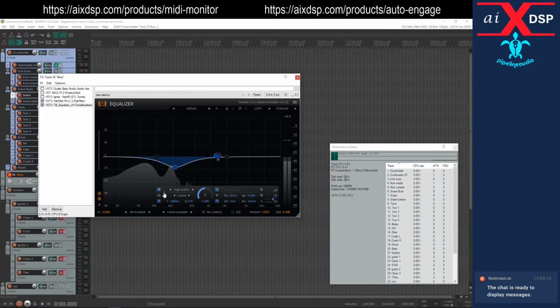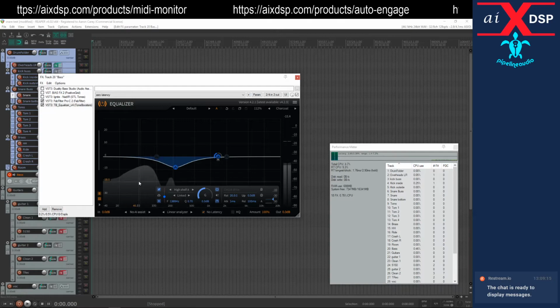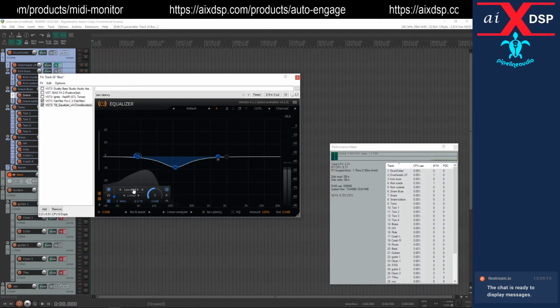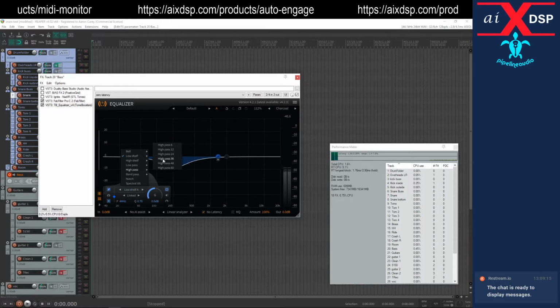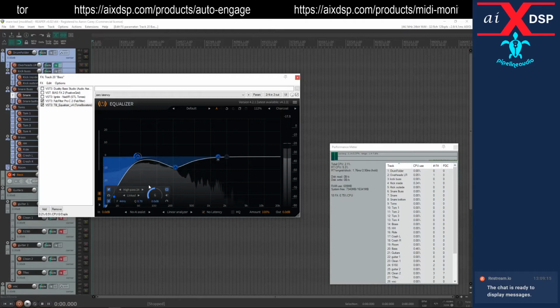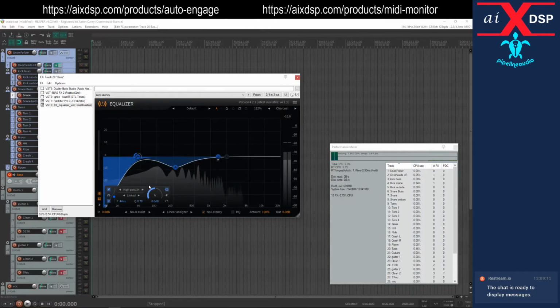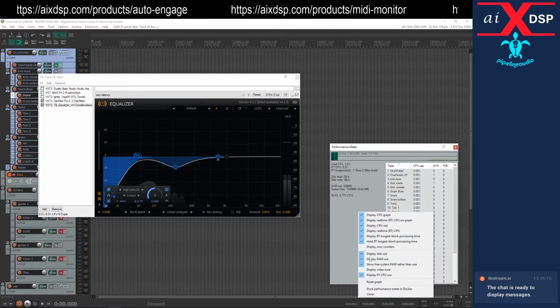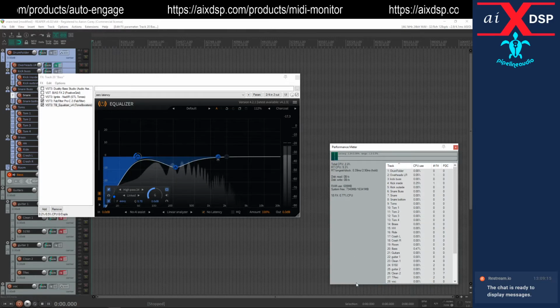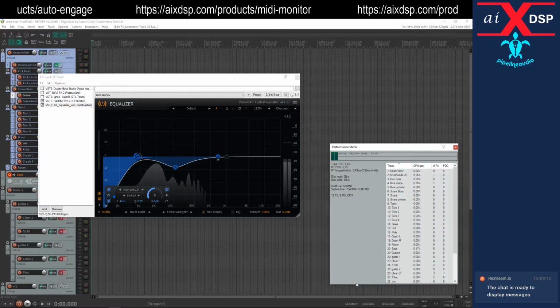Okay, so I'm just going to put a high pass filter on this. I'm going to check the real-time CPU use at the end. And that's kind of it. Okay, so even with all this, still way below